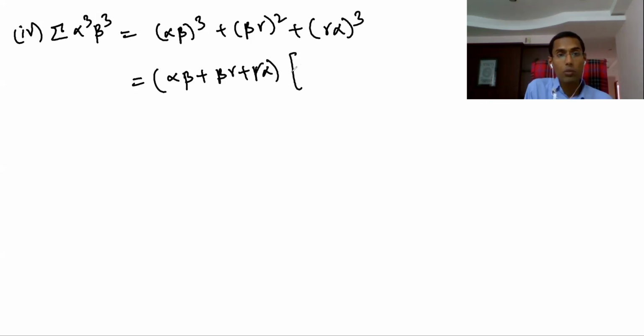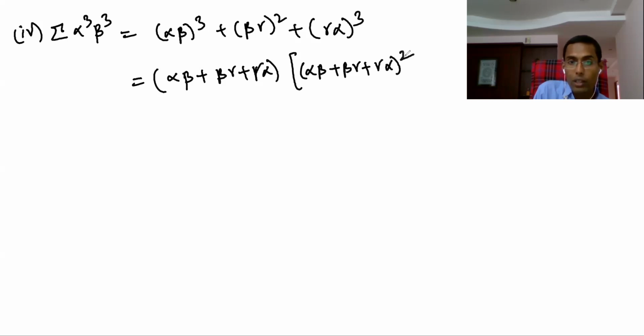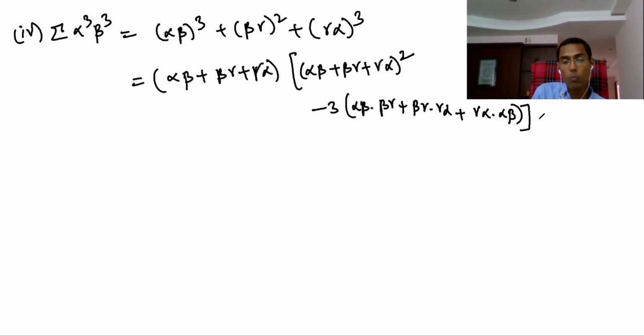So what we can write, I'm going to write this one as (a plus b plus c) into (a square plus b square plus c square minus ab minus bc minus ca). We can write this as: this is a, this is b, this is c, whole square minus 3ab, this is a, this is b, plus 3ab. All right, minus 3ab, 3bc, this is b, this is c, c, and this is a. Okay, hope you understand. Plus 3abc, understand?